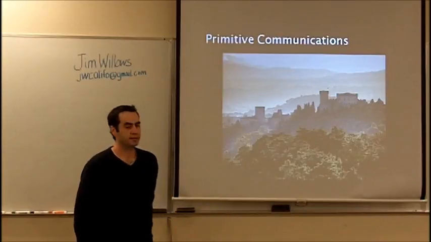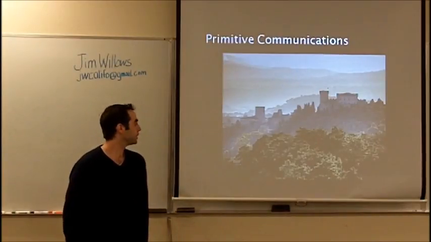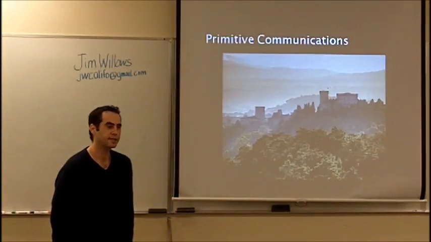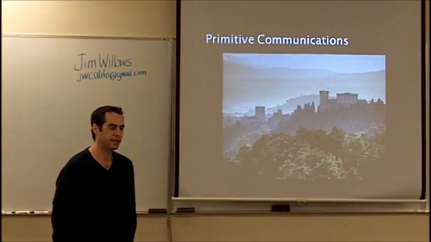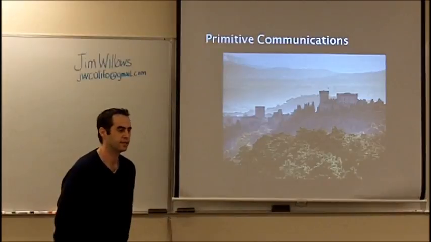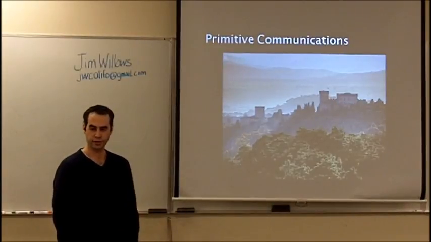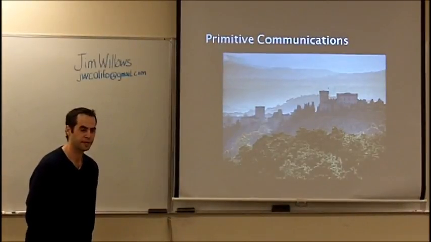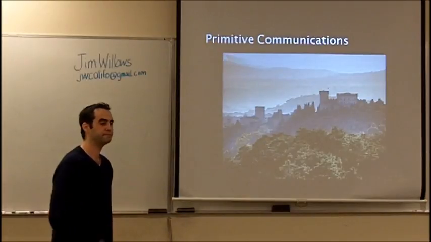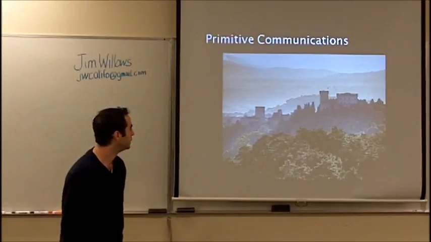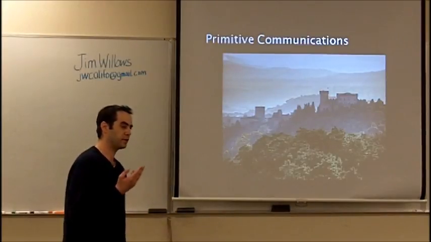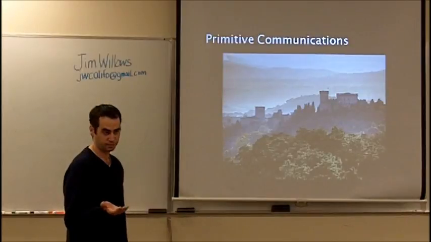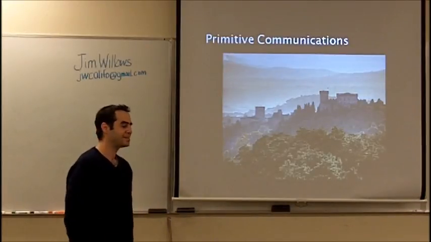Here we have a scene from probably 1,000 years ago even, and two castles are visible here. Can you see any evidence of a possible communication that could have occurred in this scenario? Can anyone name something? Brian? It looks like there may be a flag on one of those towers. That is correct, and on that tower they could have put up one flag indicating that things were good, and another flag indicating that things were not good. So that's a perfect example.